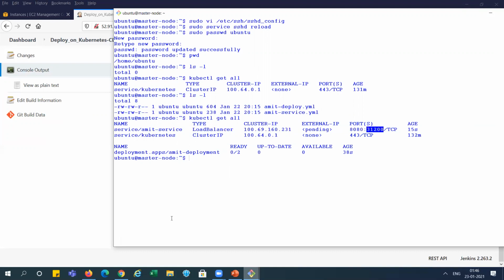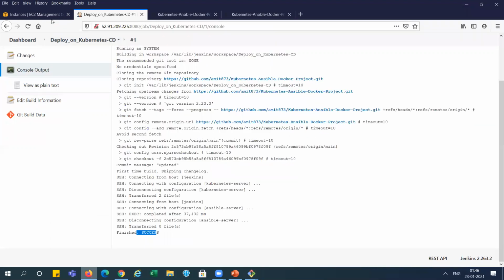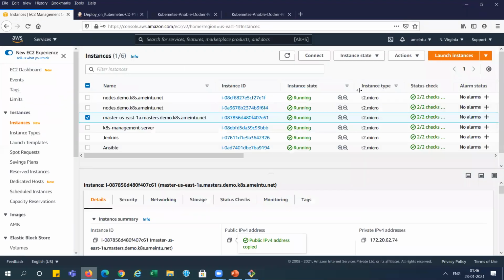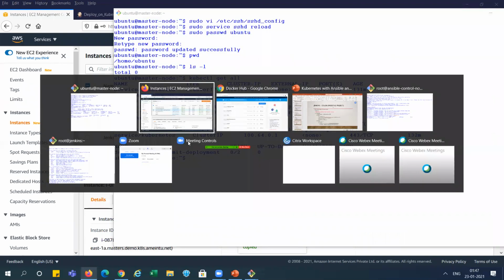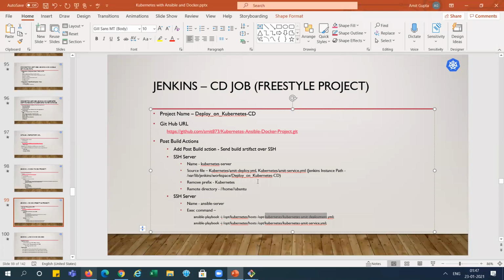Actually, it will take some time because it is running slow, because we have used T2 micro for all the cluster environments. So it will take a little bit of time, but it will work, right? So let's wait until it is ready. Deployment is going on. Actual pod is not created. Nothing is created. Deployment is in progress. So it will take some time, right? So let's go and do some next activity over here.